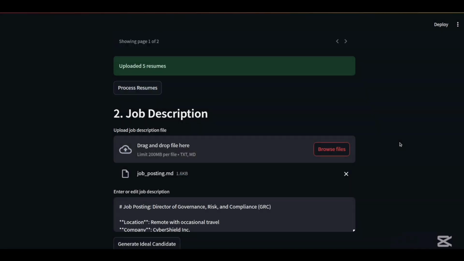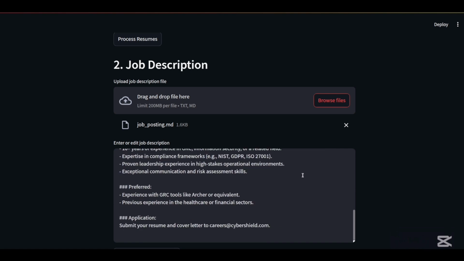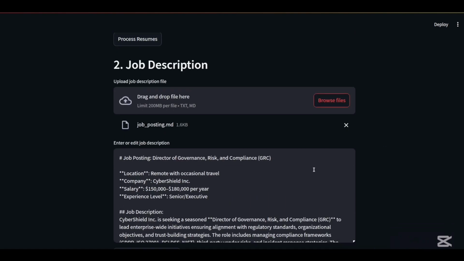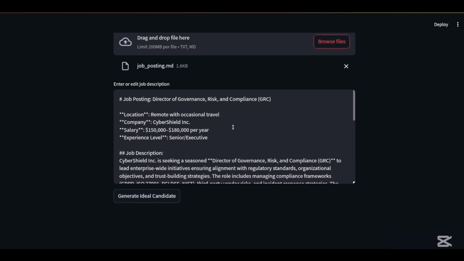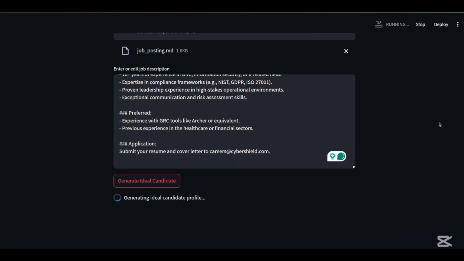So I have a job posting. That job posting has been pasted right here, the file that I uploaded. Now you can edit this. Maybe you have a generic job posting, and you want to make some changes based on the job or whatever. So you can make some edits right here to the job posting, and then you generate an ideal candidate for